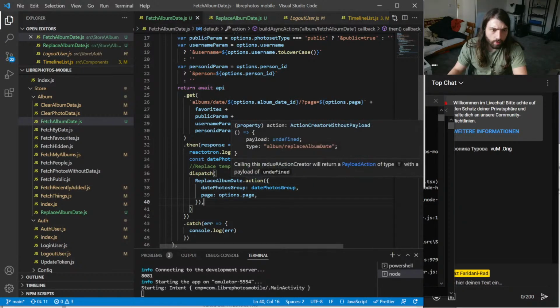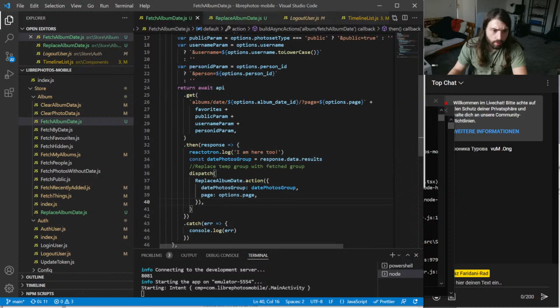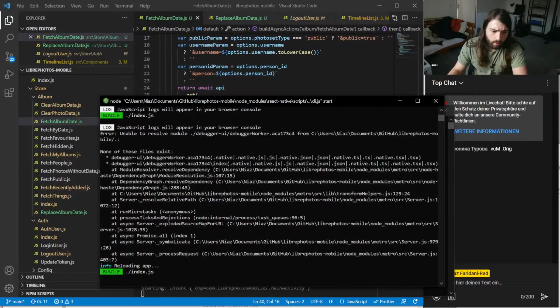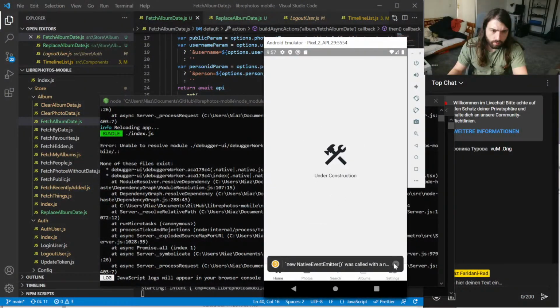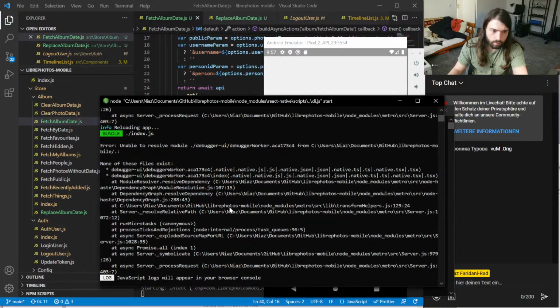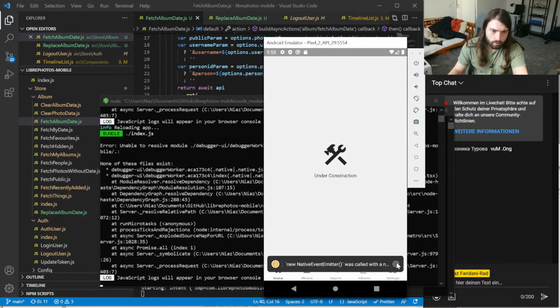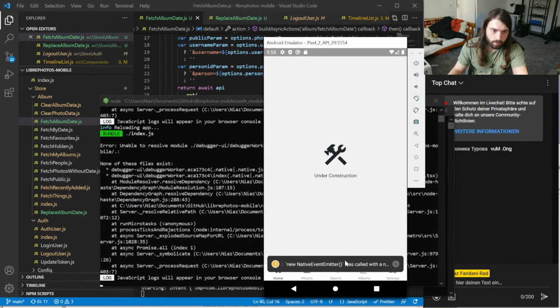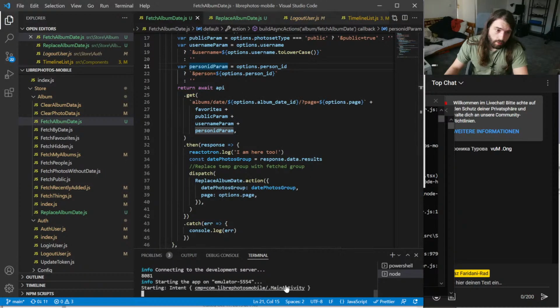That should now work because that's a payload. Right, so maybe that will now work, I don't know. Reload. And again I can't click on stuff. Awesome. Okay, so shut down that. Yes.